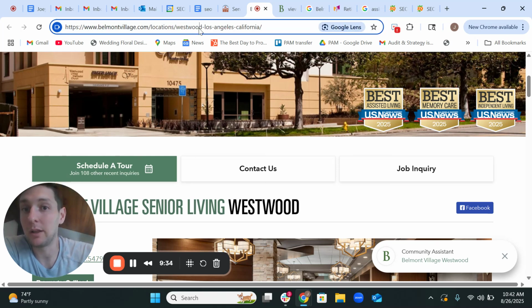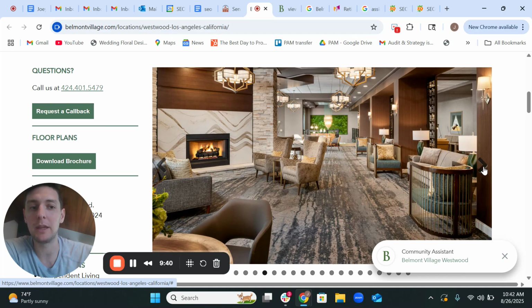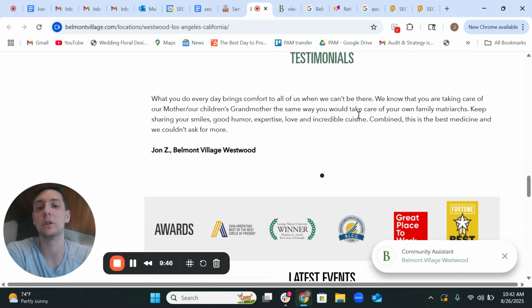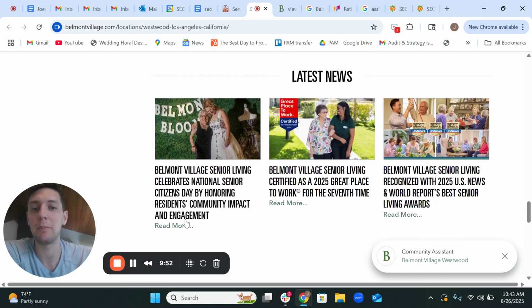Title, the URL of the page is important. The title tag, the meta description, the headers on the page, the images on the page, having those file names and the alt text locked in, having testimonials on the page and linking those testimonials to the Google business profile specifically, having the embedded Google business profile map on the page,